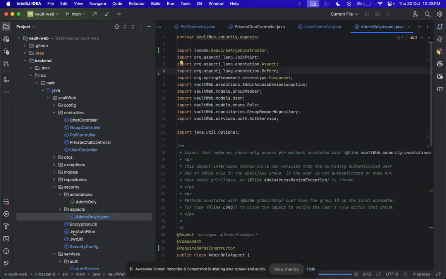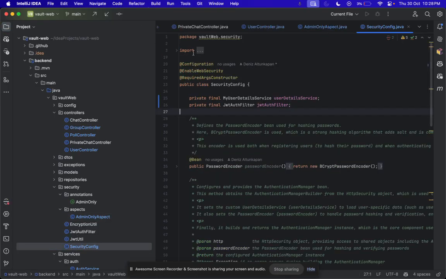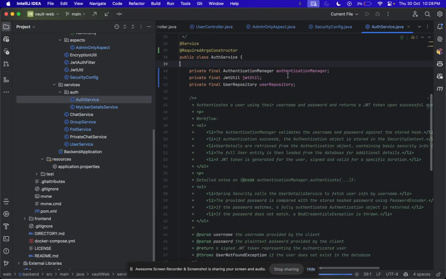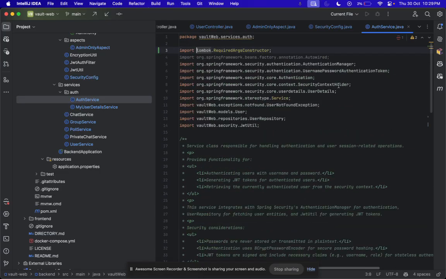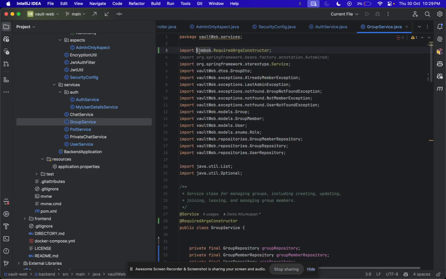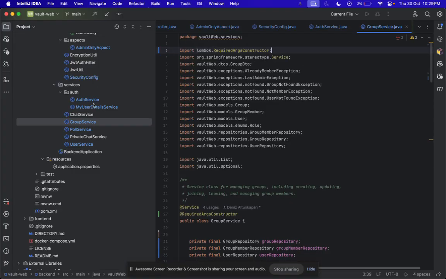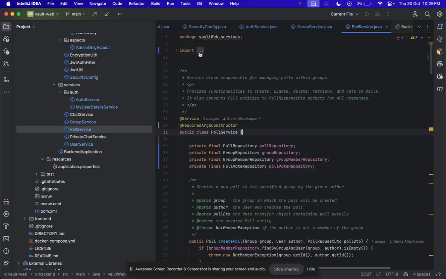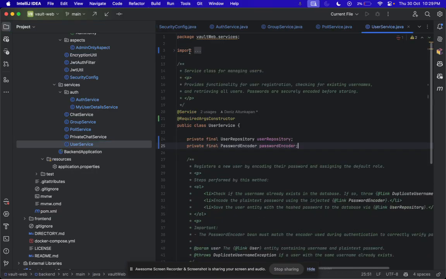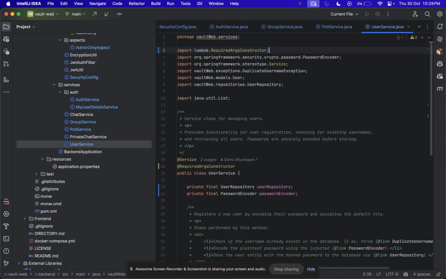This one also. I think I don't have optimize imports on the fly activated. I will also activate that. For now, let's just check